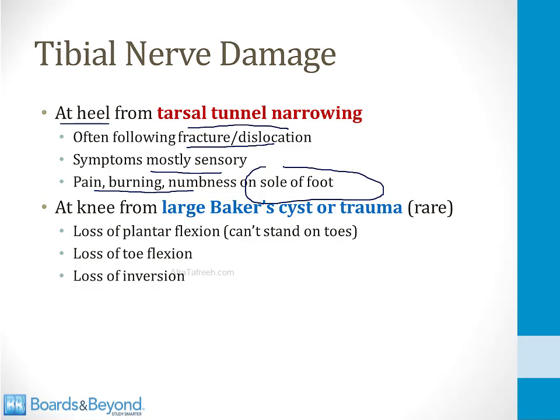Remember, the tibial nerve supplies the sole of the foot, and the common peroneal nerve supplies the dorsum of the foot. Sometimes there can be tibial nerve damage at the knee. This is rare, but it can happen if there's a large Baker's cyst or trauma. In this case, all those muscles in the posterior leg will be affected, so the patient will lose plantar flexion, which means they can't stand on their toes. They won't be able to flex the toes, which is to curl the toes,